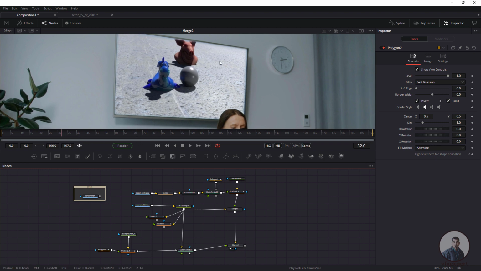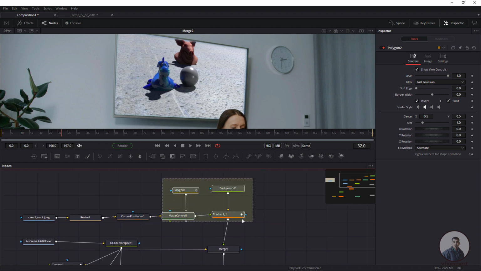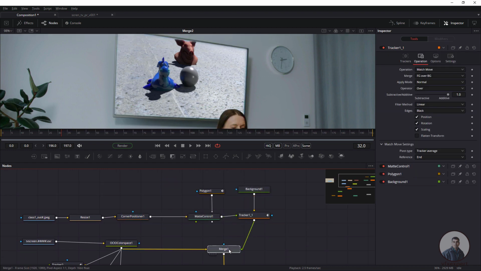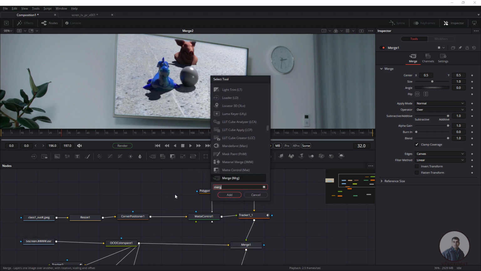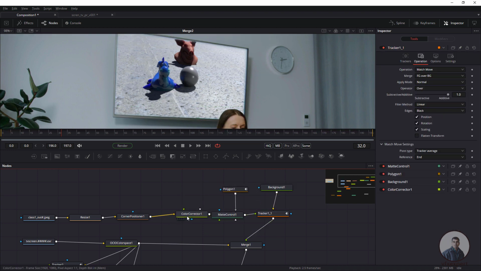Now suppose you want to adjust the image color a little bit, all these things here, then after this corner pinning we can use a color correct node. Just move it here. So again, take a color correct node and yes, we can attach it. So hold Shift and attach it with this flow here. Move it a little bit here, so we can easily understand.